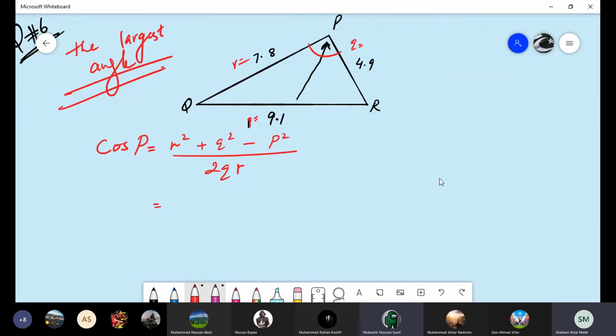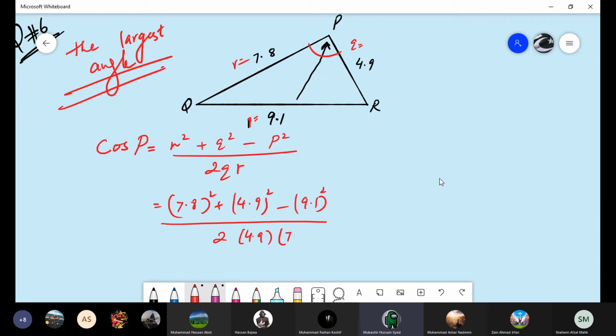Okay, what is R? R is 7.8. Boys, quickly do the calculation. I'm substituting the values. You just do the calculation as the period is over. Cos P is 0.0296. What is it? 0.0269. Do it again. 0.02669 it is coming.